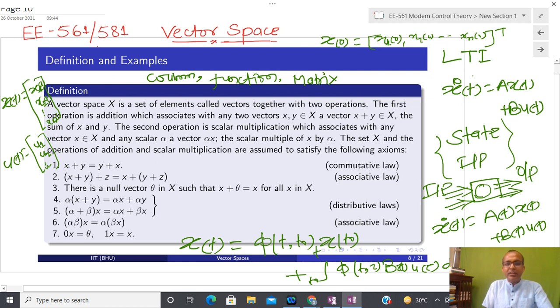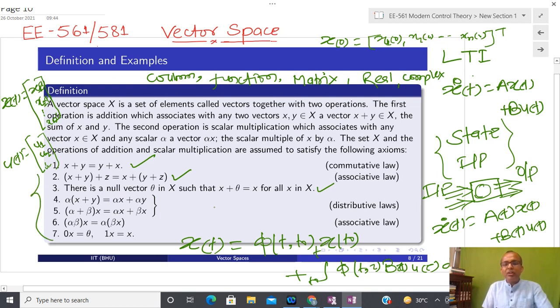Okay, and I will tell you that whenever I am talking about an element, it might be from a column vector, a function, a matrix, a real number, or a complex number. So we are not distinguishing between x. You can take x from any space, but this rule should be satisfied. Only then can I make sure that the machine is working fine. Similarly, I have the associativity property, and similarly I am going to give this kind of rule. These things are the rule of the game.